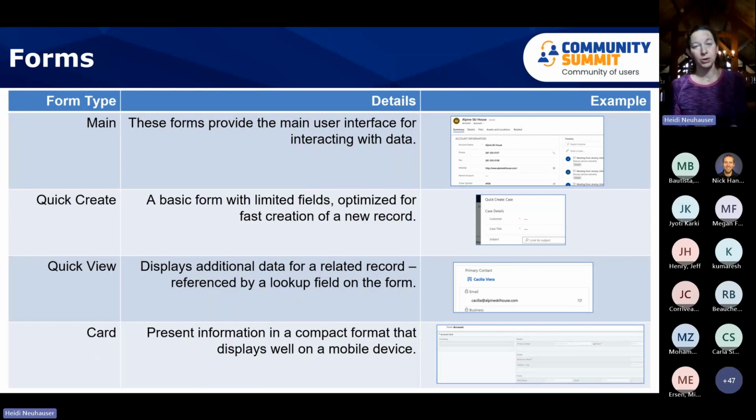It's a basic form with just what you determine are the most important fields for a user to quickly give you enough information that you can create that account record or that table record, and then they can go on and manage it later. Quick view is a really cool card. There's a screenshot here showing you the primary contact on an account. That's a good example of a quick view where it will display additional data for a related record right on that form. So in this example, it's showing you the email address and the business phone number for that person